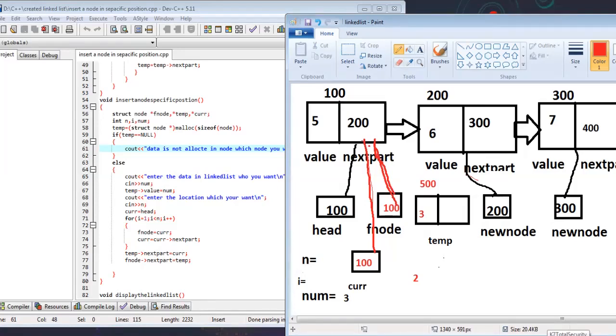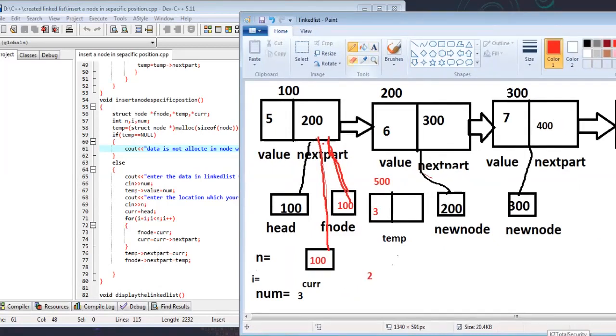Current equal to current next means current points to the next node, whose address 200 is stored in the next part.